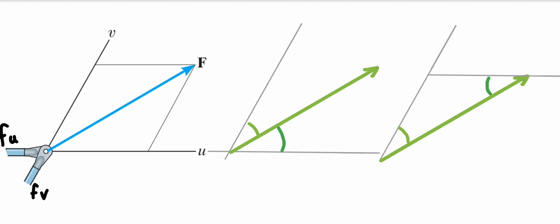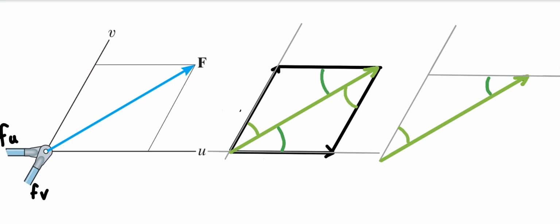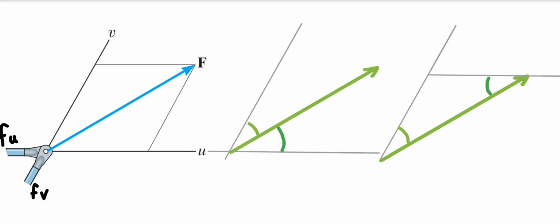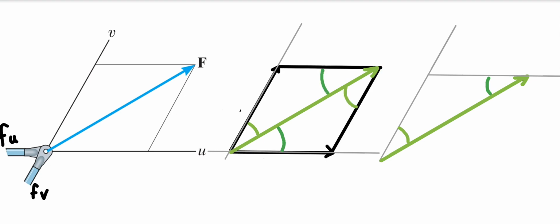So as I said, I know this side. This is the first case. I can see by drawing a parallelogram, this F expresses the diagonal of this parallelogram. So I am completing this parallelogram. As I know the direction of the sides of the parallelogram, I can complete it and I can solve for these forces Fu and Fe.